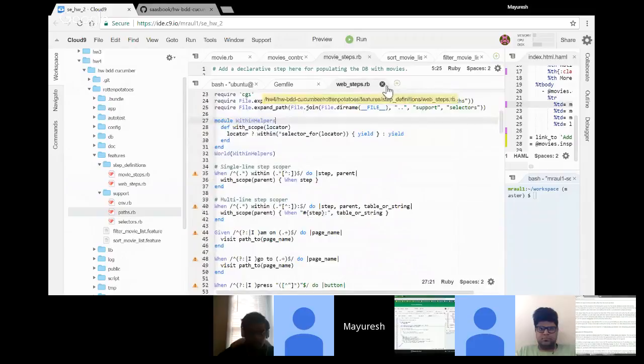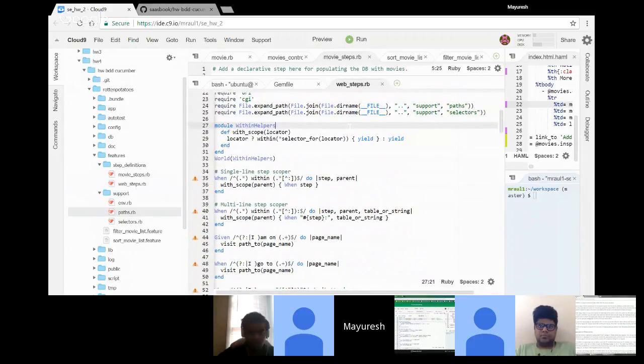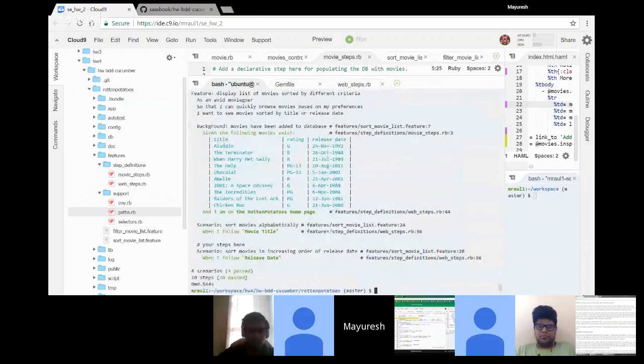All right. And you can see in Web Steps that, again, it says visit path to page name. So we actually go to the page. Now go back to the terminal. Yeah. So we had to write the code to get all the movies in the data into the database,